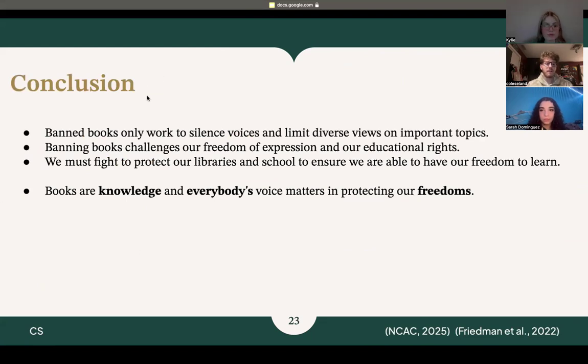Our conclusion: banning books only works to silence voices and limit diverse views on important topics. Banning books is a threat to our freedom of expression and diversity. As RHS professionals and citizens, we have to be responsible to fight for the right to read and to learn